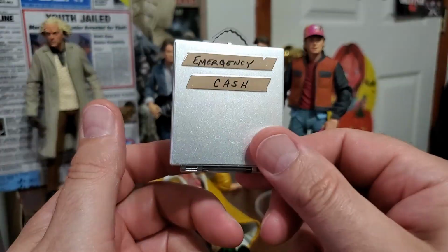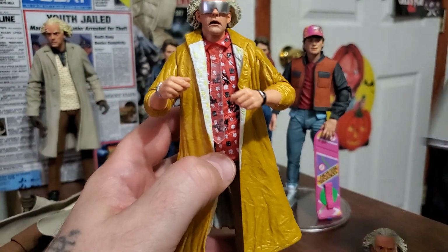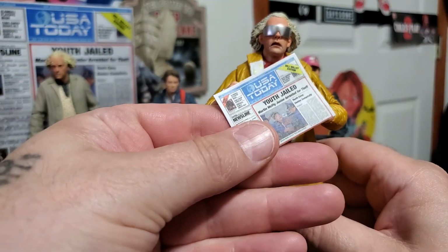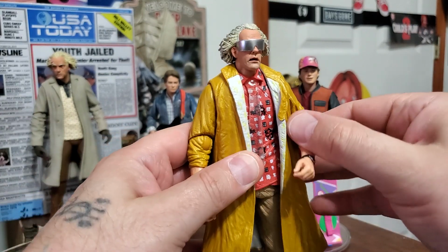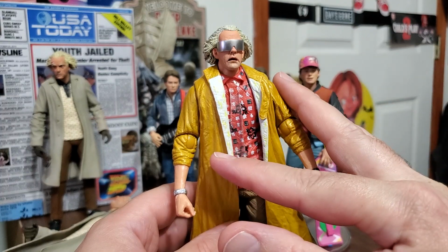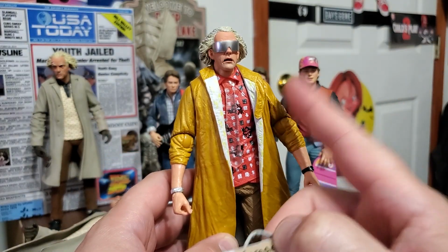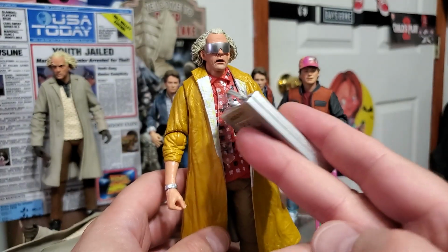I love this edition. And this was when they went to the future. I'm trying to remember. I just watched this again with my daughter. But they went to the future. And he pulled out the newspaper. And he was like, yo, your kid goes to jail. We need to stop it. Then they stop it. They interfere with stuff. Biff goes back in time. And then they realize they have to go back to 1955. So that's when he pulls this out, if I remember right. So he pulls this out. I don't even know if he's in this outfit or what. I'm gonna have to go back and look. He may still be in this outfit. Anyhow,